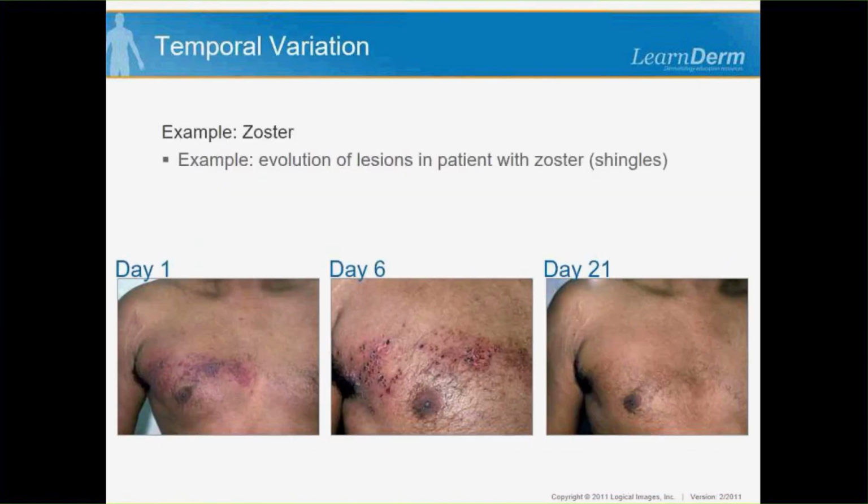And then the other form of variation is when are you seeing the patient on the timeline of disease? Are you seeing them early, in the middle, or late? And, of course, shingles or zoster would be a great example of that. Patients often come in with chest pain, and they have no rash, and then 2 days later they break out with the classic dermatological vesicles. They might first just have blotchy, grouped erythema, and then the vesicles crust, the crust goes away, and then they have scars. So always be thinking about where you are seeing the patient on the timeline of their